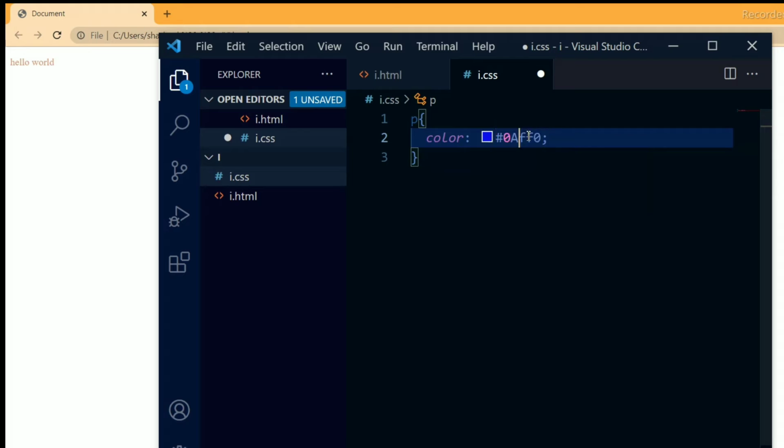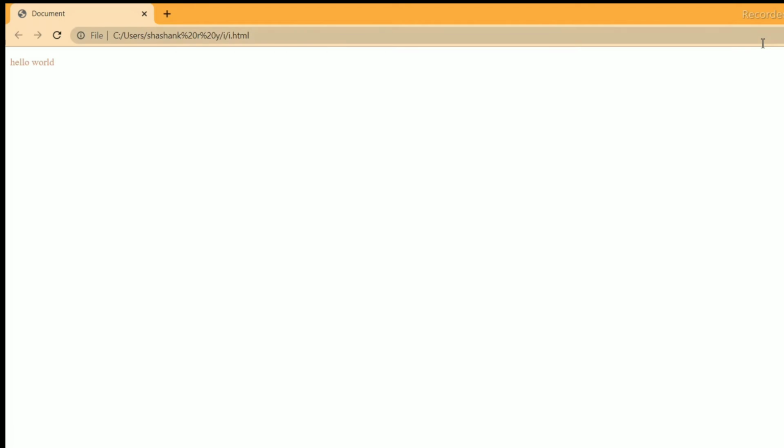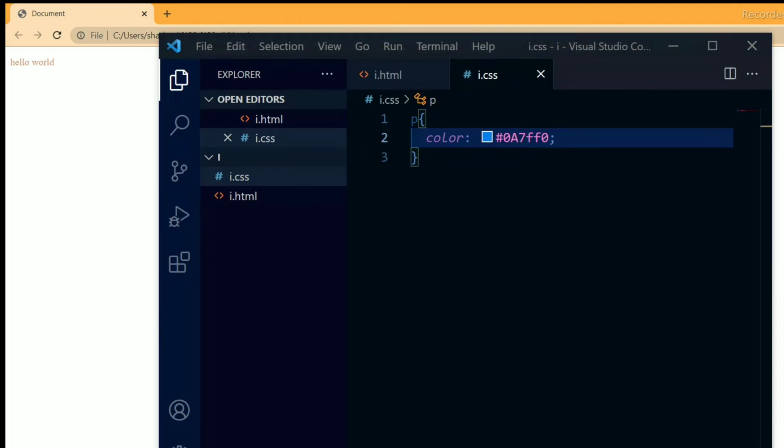If I use 7, the color gets dull. I will save it and open it in the default browser. As you can have a look here, it got its color. This is how we go with hex color.